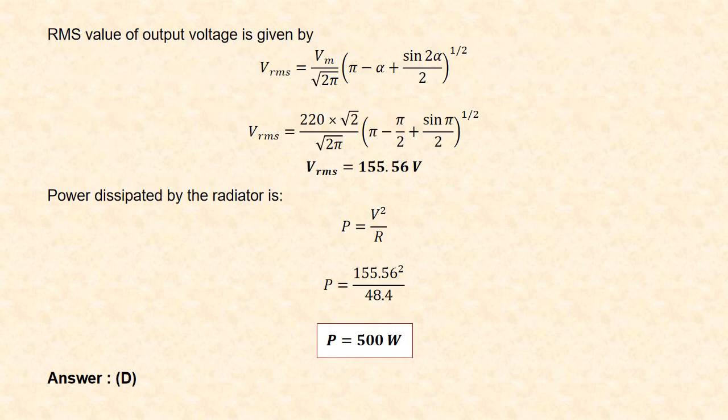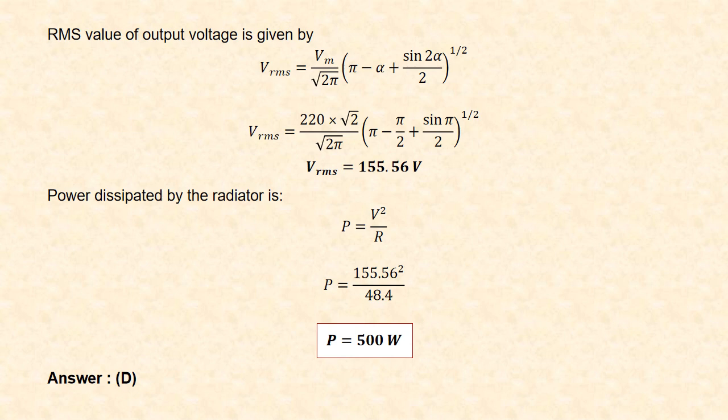Now the RMS value of output voltage of the controlled rectifier, that is fully controlled rectifier using triac, is given by Vrms is equal to Vm by root 2 into [1 by pi, the whole into pi minus alpha plus sine 2 alpha by 2] whole to the power half. We know that the maximum voltage Vm is nothing but 220 volt into root 2, and substituting alpha is equal to pi by 2, we have the output RMS voltage as